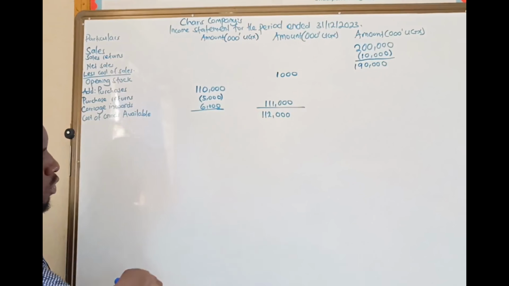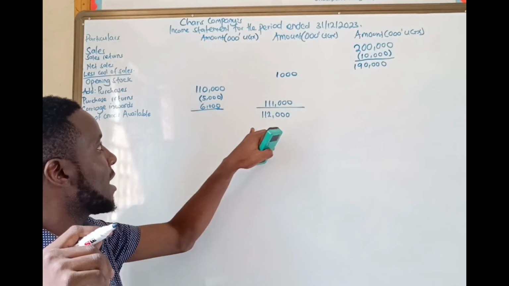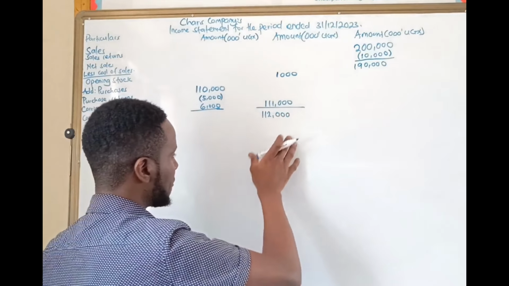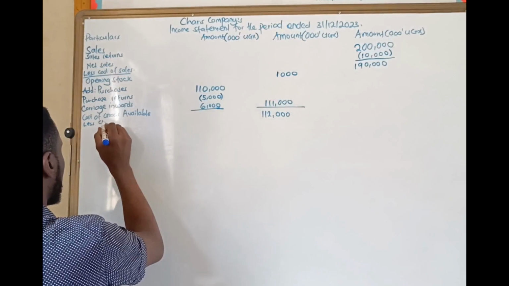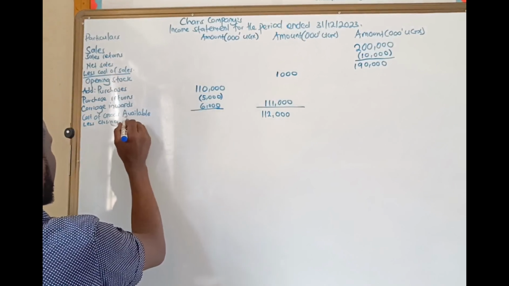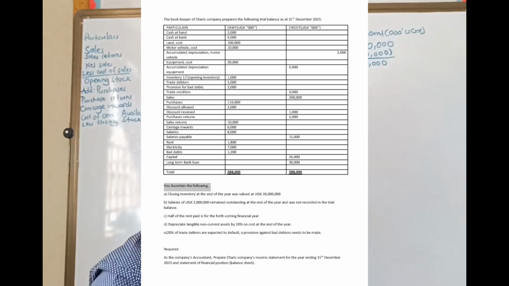So that means when we check in our stores, this is what we have. This is the amount we have in our stores for sale. Then we shall sell less closing stock. And our closing stock, they are telling us in the additional information, if you look back down, they say our